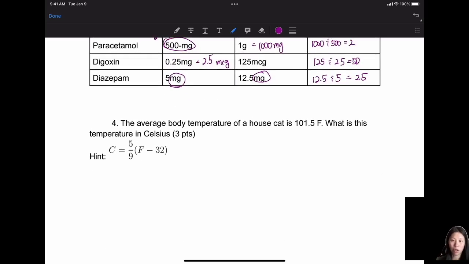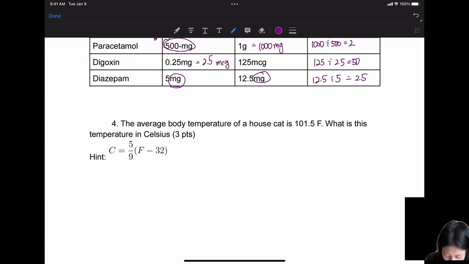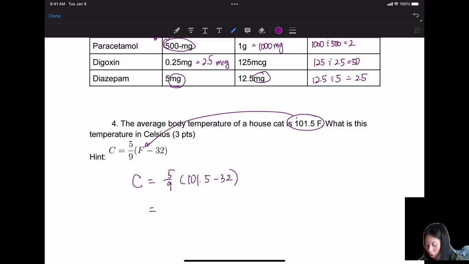Okay, number 4, most of you guys did it right, which is really good. So the average body temperature of a house cat is 101.5 Fahrenheit. What is the average temperature in Celsius? So basically you substitute this into F, into the formula. You can use a calculator to help you. So you will get 13.6